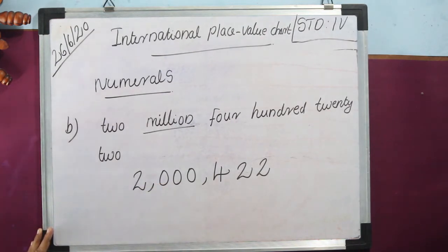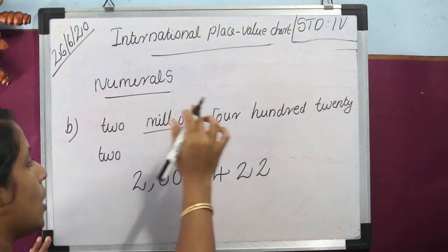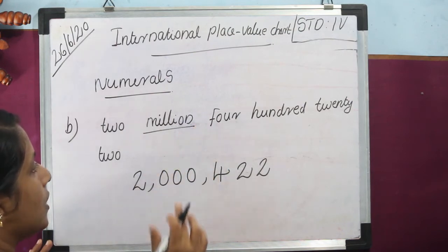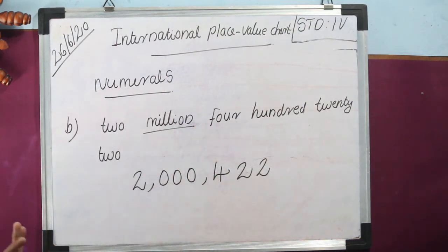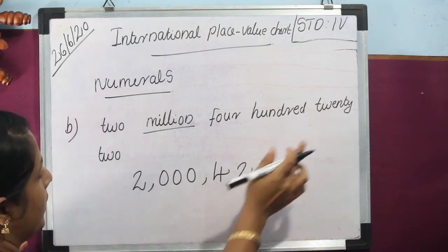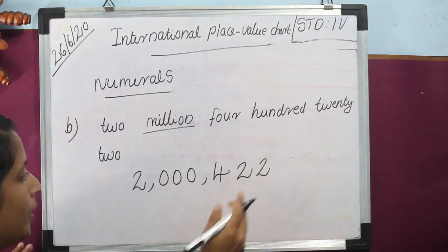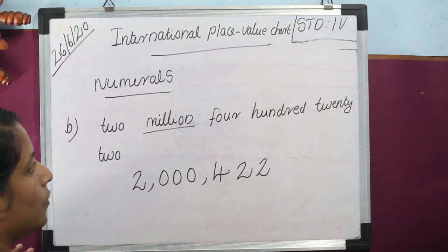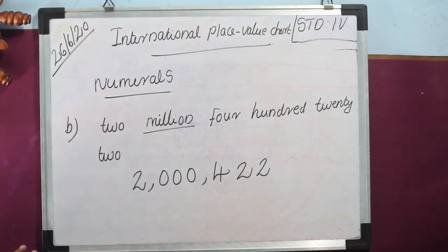Once again, explain 2,000,422. First we identify the periods of these numbers, that is million and ones. There is one period missing, that is thousand. So we first write the number 2 million, right? 2, and our thousand position, that means thousand, 10,000 and 100,000. Three positions are missing, so we put 3 zeros here. Then the last, ones place number is 422. So write 422. Okay, then we got 2,000,422. If any of these periods are missing, we put zeros in that place.